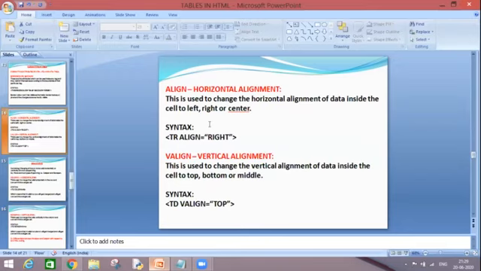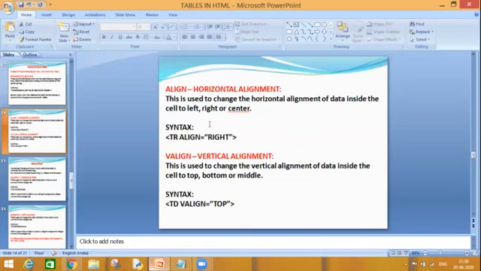Now let's move upon vertical alignment. V align is the attribute name, V for vertical alignment. If I talk about vertical alignment, then I'm using my TD tag. Why so? Because if I talk about vertically, then I'm talking about my column. Columns are vertical. So if I need to make any changes vertically in my data, I should prefer the TD tag.